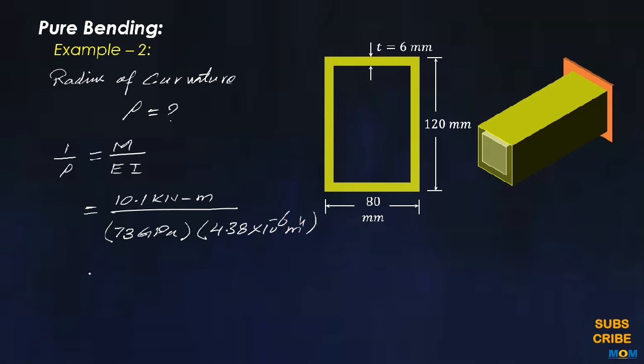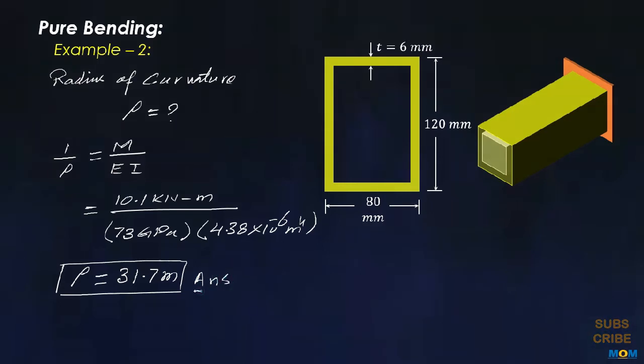Now again solving this for rho, that comes out to be 31.7 meter. So this is the second answer to this problem,